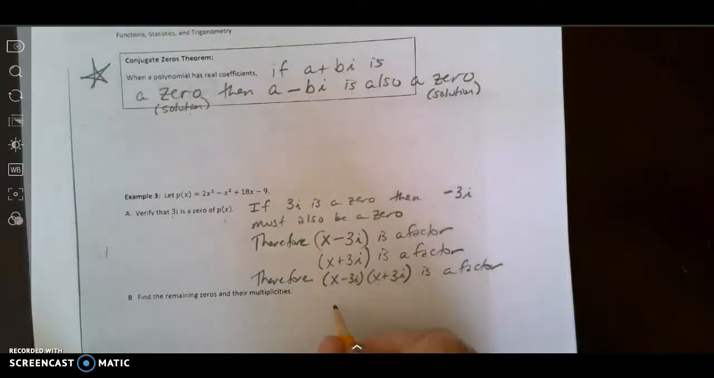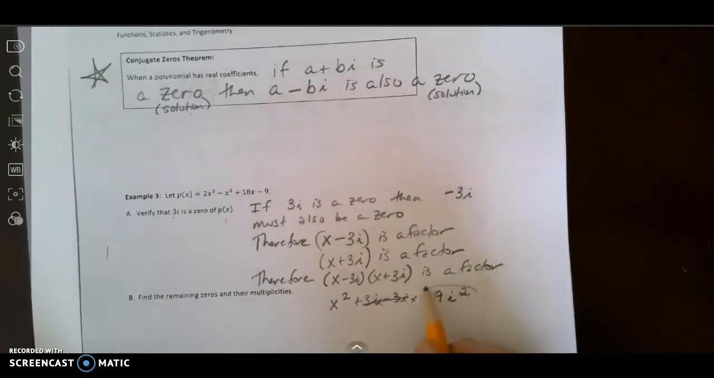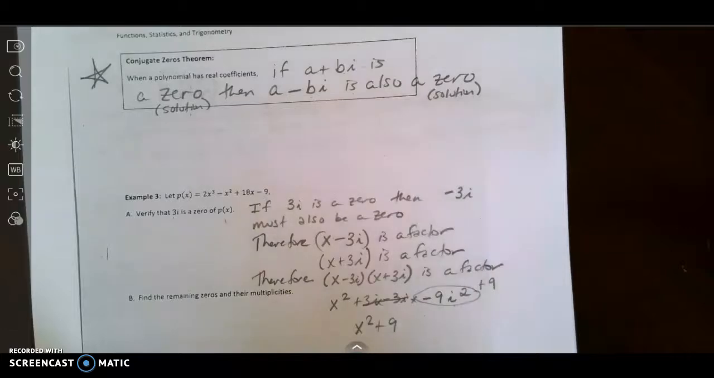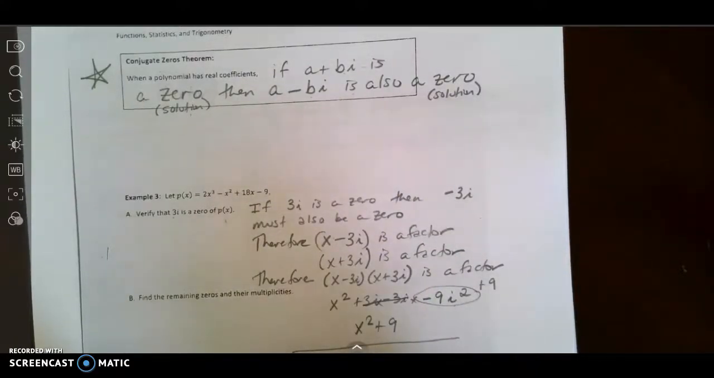So I'm going to FOIL this, and I get x squared plus 3i minus 3i plus 3ix minus 3ix minus 9i squared. These cancel, and this becomes plus 9, because negative 9 times negative 1. So x squared plus 9 is a factor. Well, if x squared plus 9 is a factor, I should be able to put x squared plus 9 into 2x cubed minus x squared plus 18x minus 9,